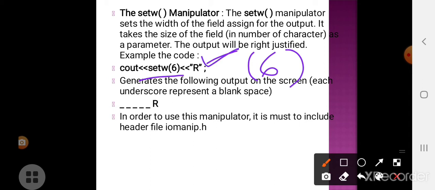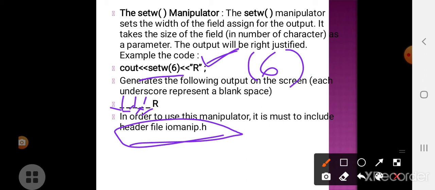See, now the fields are assigned, and then R is displayed. In order to use this manipulator, we always have to include iomanip.h, input output manipulator dot h.